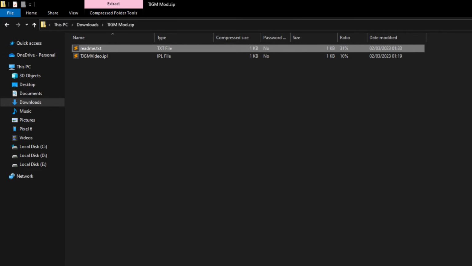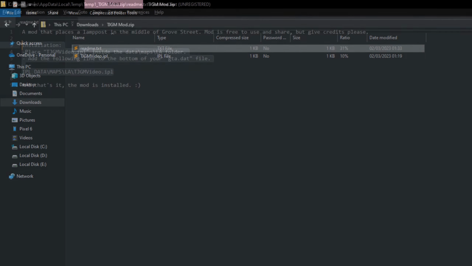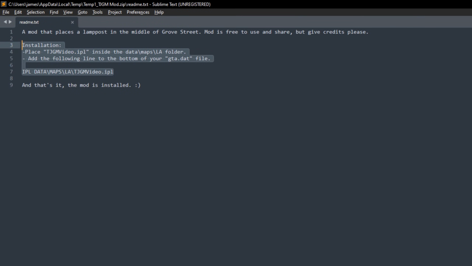Mods usually come with a file called README text files, and this type of file will contain installation instructions, mod credits, and so on. So before mod loader, modders were aware people would typically install multiple mods, and if their mod replaced a data file commonly used by other mods, it'd often be easier to just tell people in the README file to add or change a specific data line themselves to avoid mods conflicting. It wasn't the most user friendly, but it was the only way to avoid conflicts with different mods.